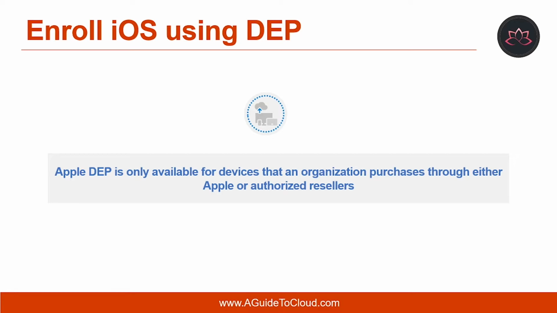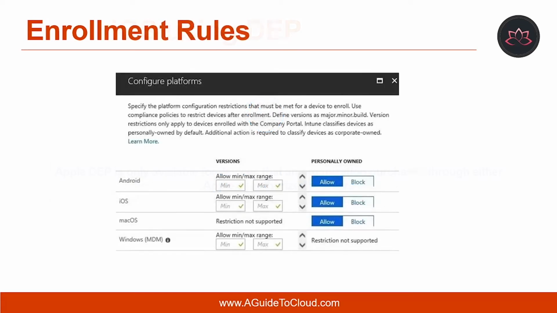iOS devices enrolled in DEP do not require manual configuration, and users never have to click on MDM links or install the company portal app to enroll the device. If an organization allows its users to bring their own devices, the users should perform the regular iOS enrollment. But if the company provides employees with iOS devices that are part of the Device Enrollment Program, users can enroll these devices to MDM by themselves.